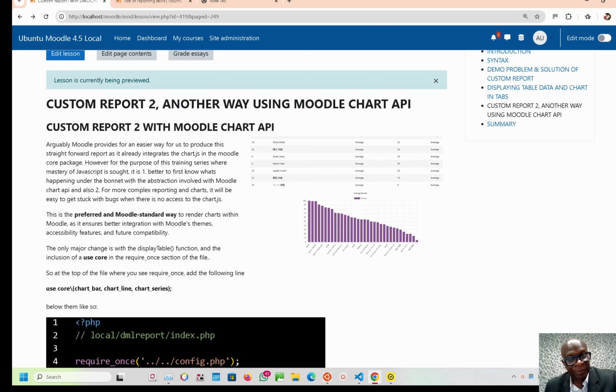The fifth video in the series is essentially the end of the chart of the custom report one that uses DML API and Chart.js. We're now going to use, rather, we're going to use the Chart API, which is another form of Chart.js, but it's just the Moodle way of doing it. This will be custom report too, because this is all part of our developer journey to become an AI specialist in custom report learning data